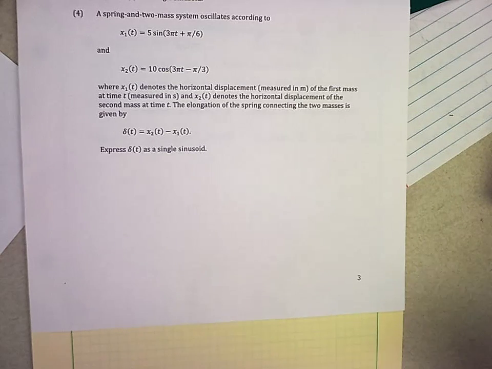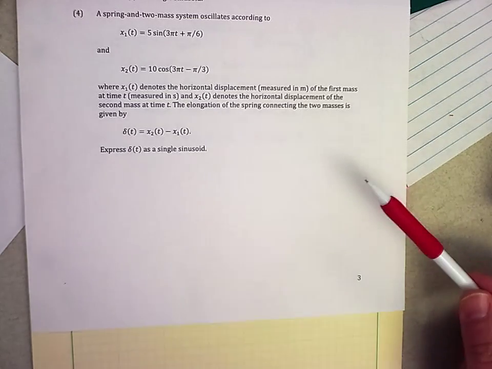Okay, so this is another sinusoid example. We've got, in this case, a spring and two-mass system that oscillates according to x1 of t is 5 sine of 3 pi t plus pi over 6, and x2 of t is 10 cosine of 3 pi t minus pi over 3, where x1 denotes the horizontal displacement of the first mass, x2 denotes the horizontal displacement of the second mass,